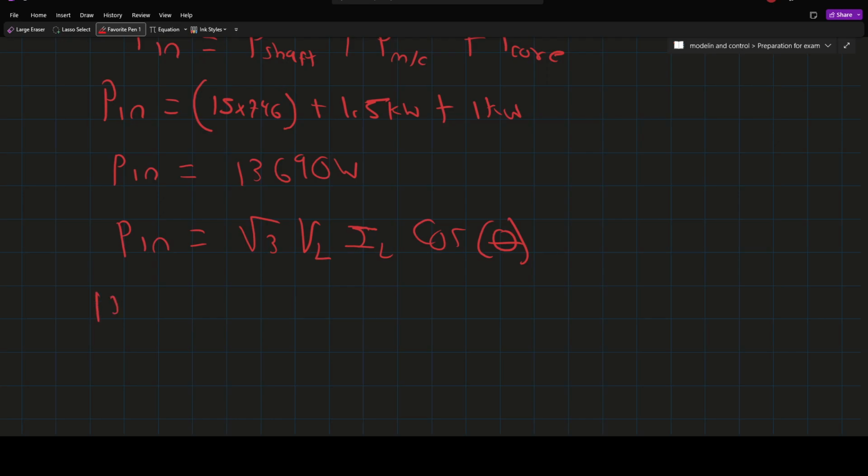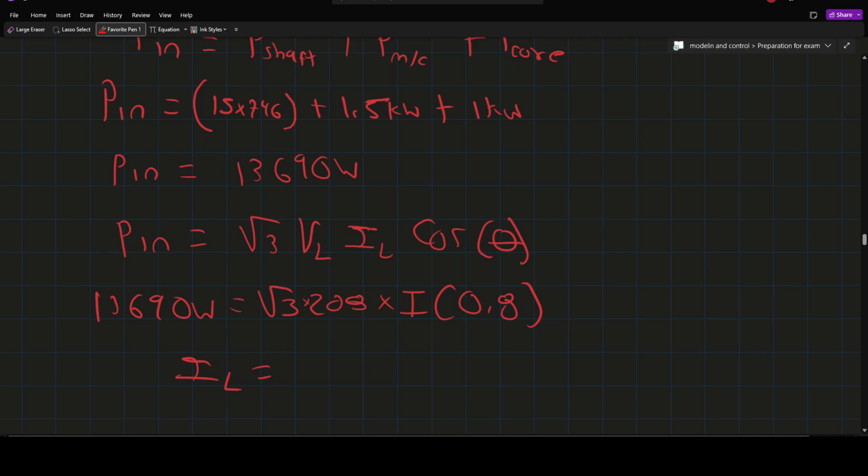So this is going to be 13,690 watts equals square root 3 times 208 times IL times cos of the angle, which is the power factor, in this case 0.8. So we have an IL of 47.49 amps